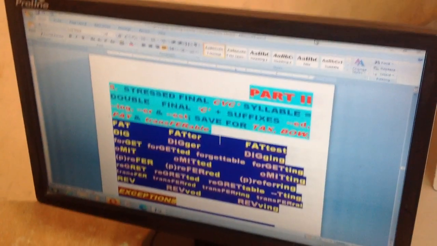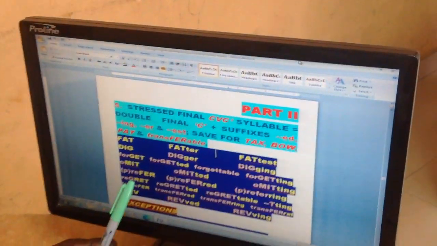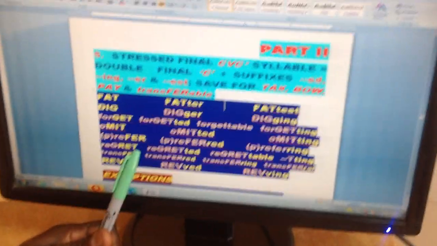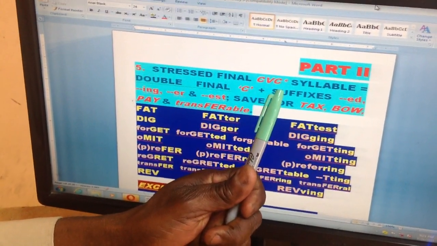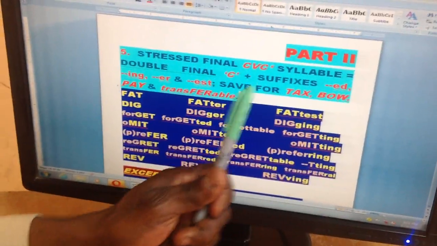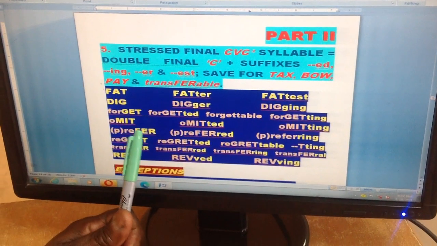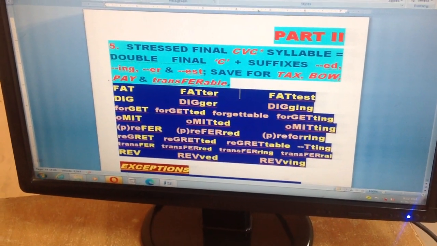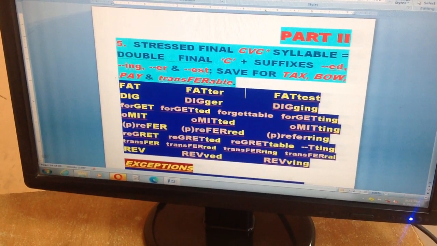We now go to tip number 5. This concerns the spelling of any word that has the final 3 letters in the following sequence: consonant, vowel, consonant. If the CVC at the end of a word is stressed, you simply have to double the final consonant before adding the suffixes ed,